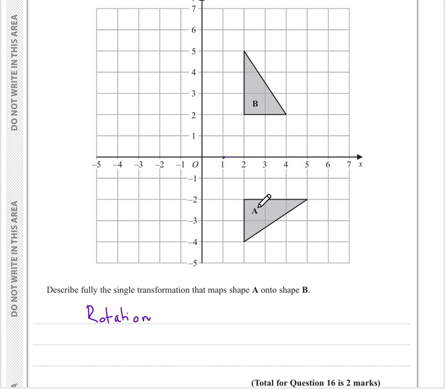It's gone from being horizontal this side to vertical. It's gone 90 degrees, and it's going in this direction, which is anti-clockwise. The other bit of information that we need to include is the center of rotation. It's a little bit trickier. You should, on your desk in your exam, have some tracing paper. So what you would need to do is